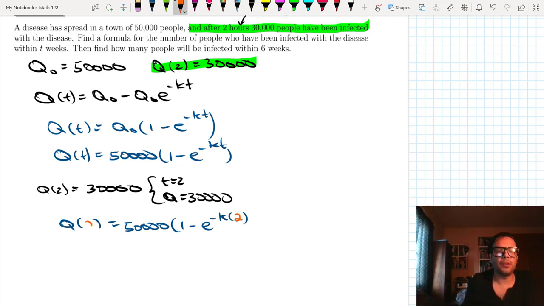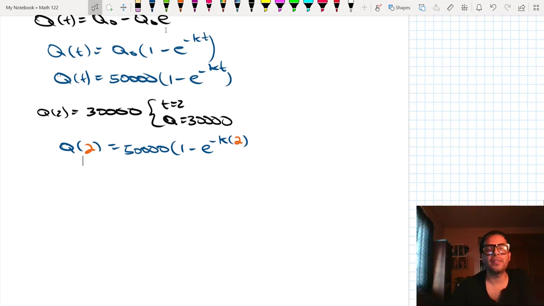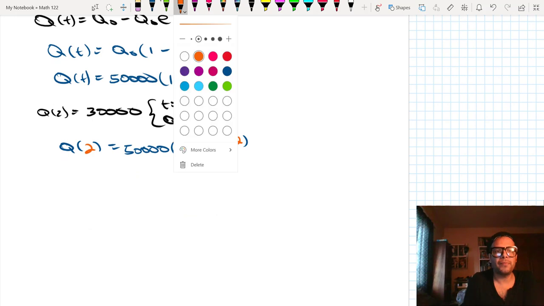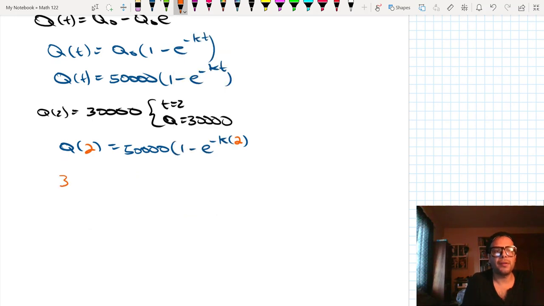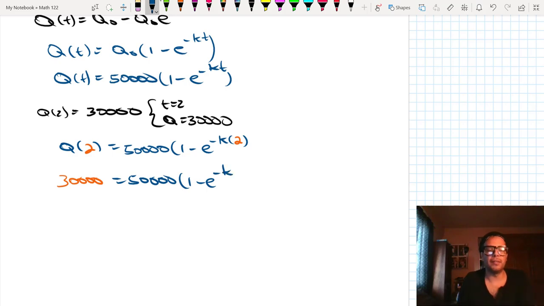Essentially we're plugging in 2 wherever we see the letter t. So this will be 30,000 equals 50,000 times 1 minus e to the negative 2k. If we divide both sides by 50,000,